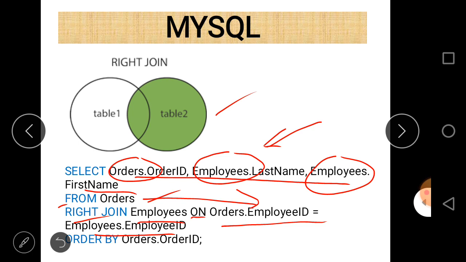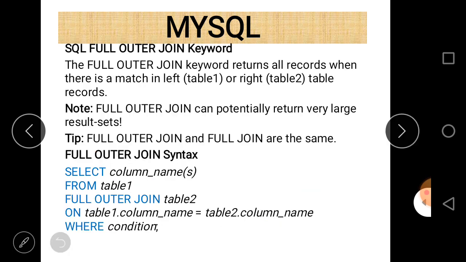And if you want to select data in a particular order, ascending or descending, then we can use the order by clause here. So these are the left join, inner join, and right join. Now full outer join. The only difference between inner join, outer join, and full join is that we use the keyword full outer join. Rest all things are the same. You can easily see that. And as I told you earlier, full join is nothing but the combination of left outer join and right outer join.